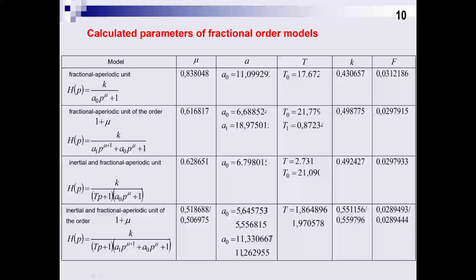Slide 10. The calculated parameters of several models are presented on the slide. However, in the last case, several combinations of parameters can be obtained with the same accuracy, which indicates that the model is redundant. But in all cases, you should pay attention to the best coincidence of the calculated and experimental graphs in the middle and final parts. We focused on the combination of inertial and fractional aperiodic components, which provides the smallest root mean square error and convergence to one combination of parameters.